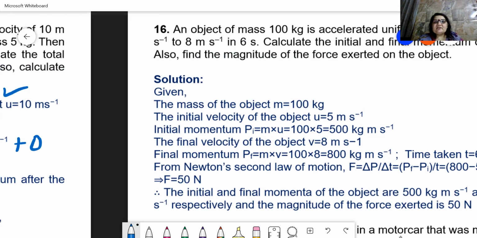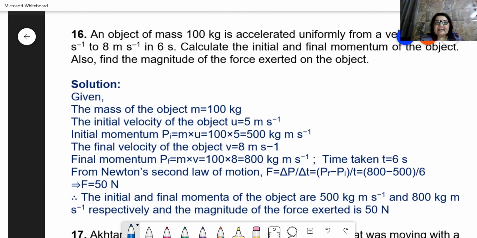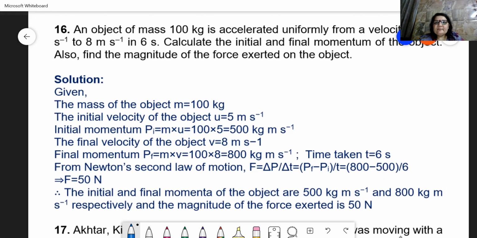Now I'm coming to question number 16, because we have in total 18 questions in the first part of the exercise, and then we have an additional exercise also. That means it's a very long exercise which we have to do. So just to give you time for your completion, when the school reopens on 1st, you should complete all your work in your copy, and please send your PDF once you complete.